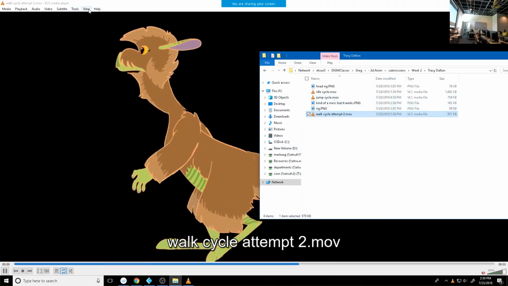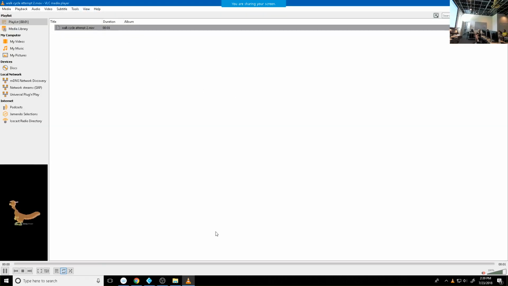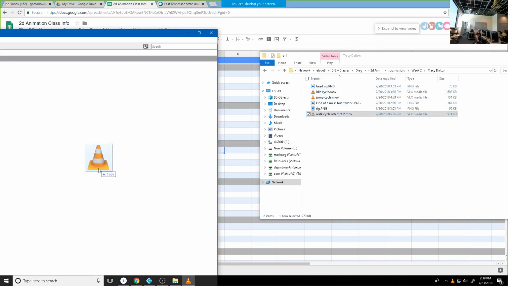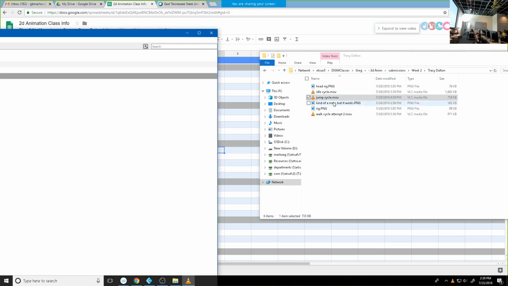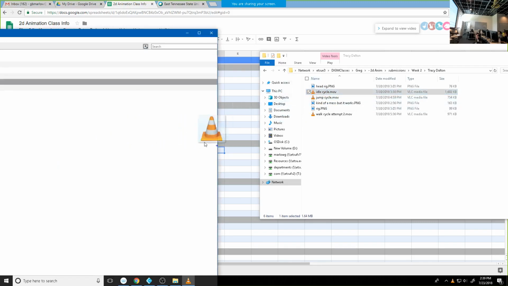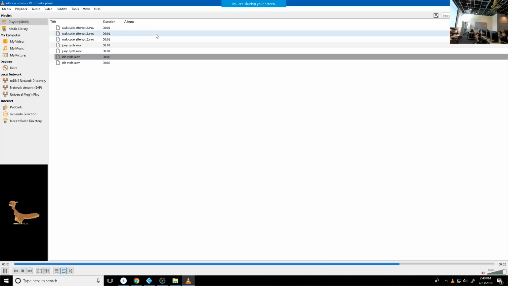This one kind of loops a little bit. Let me get a couple of these in here so we can see it play a few times. Jump cycle. Might have been overkill, but